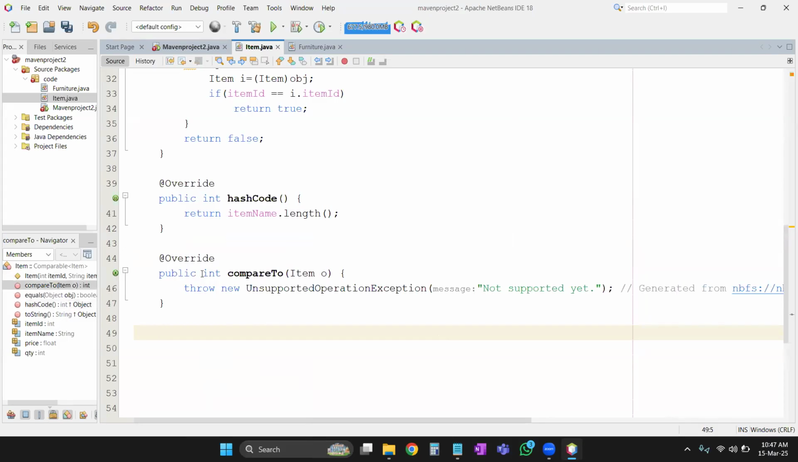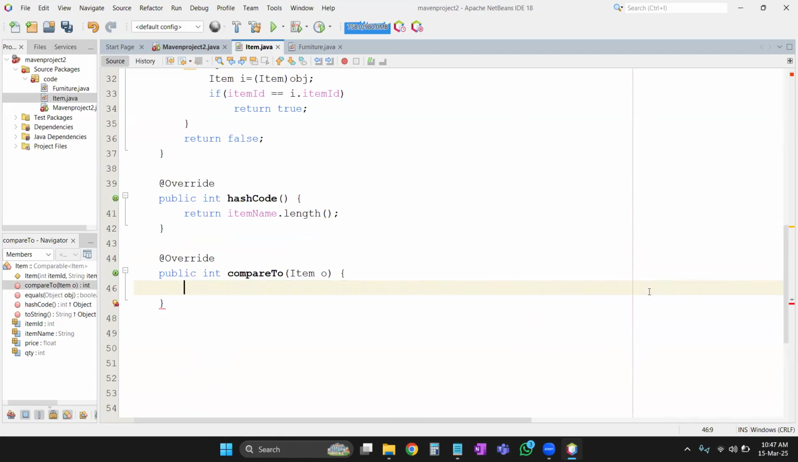Or else you can just type public int compareTo. Right now, this is an integer return type, so I can return only three types of values: positive, negative, or zero. Now we need to write our own mechanism. Right now, my logic is to compare with